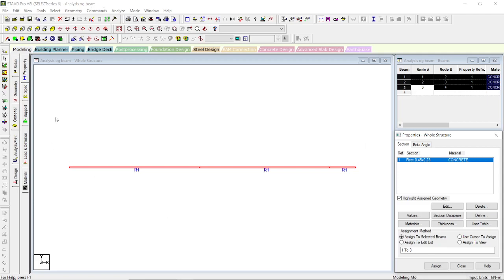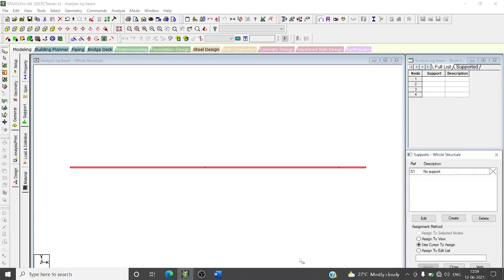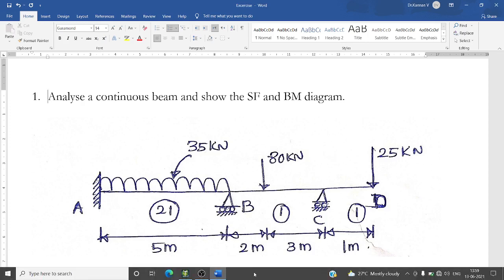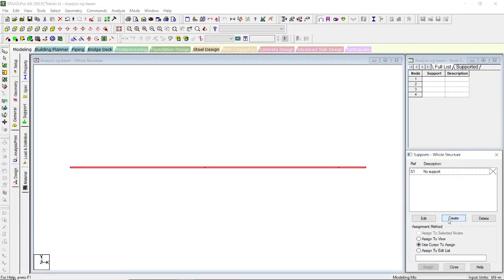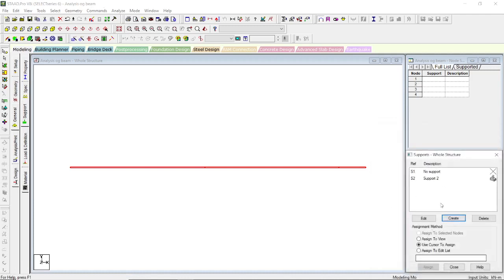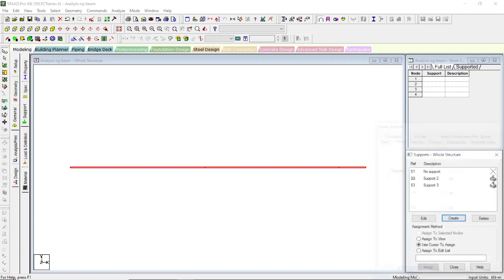In the next step, we are going to assign the support condition at A, B and C. As per our given problem, A end is fixed and remaining ends are hinged. So click create, then select fixed end and add it, then again create, then click pinned one, then add it, then close.